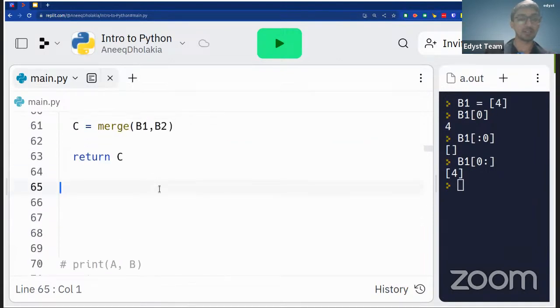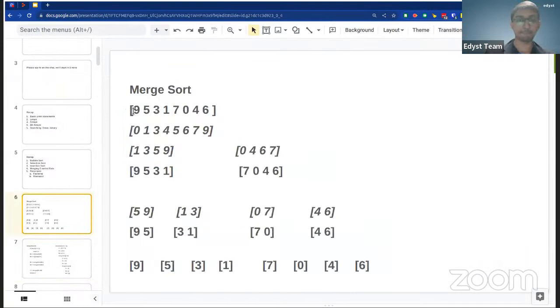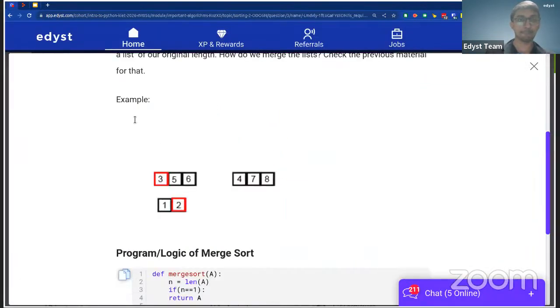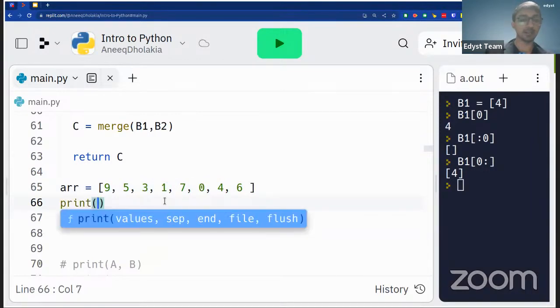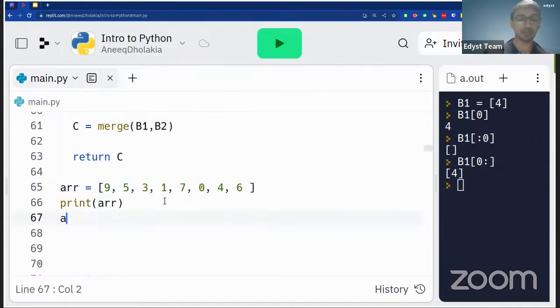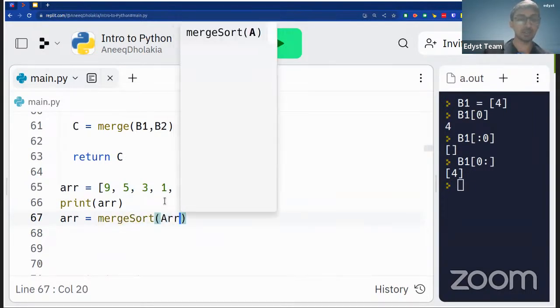And here we'll take some array like this. Okay, so this array, we will print the array, and then we'll say array is equal to merge sort array,